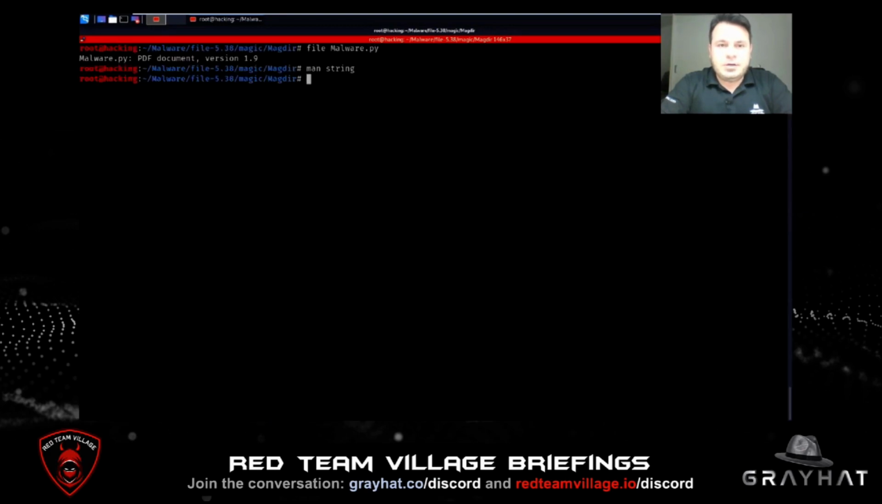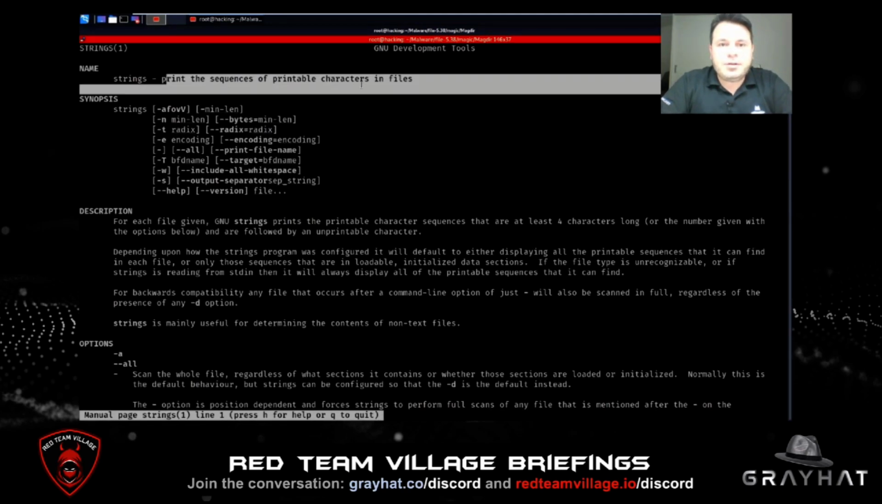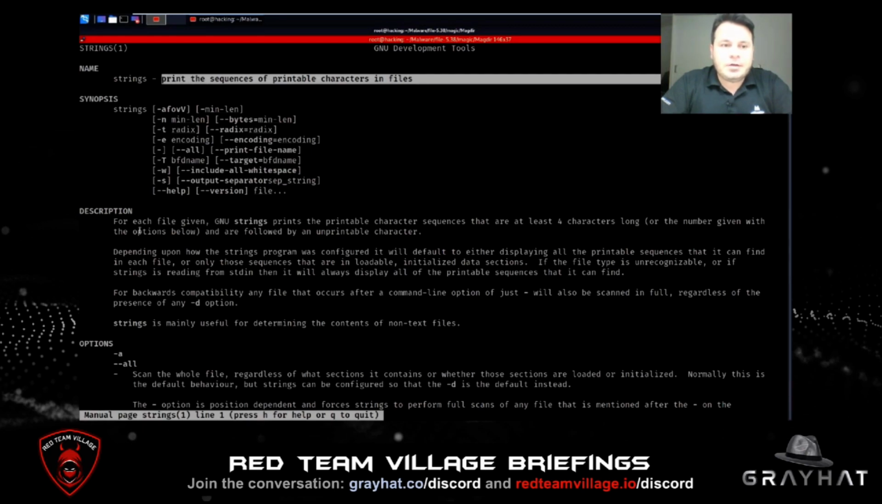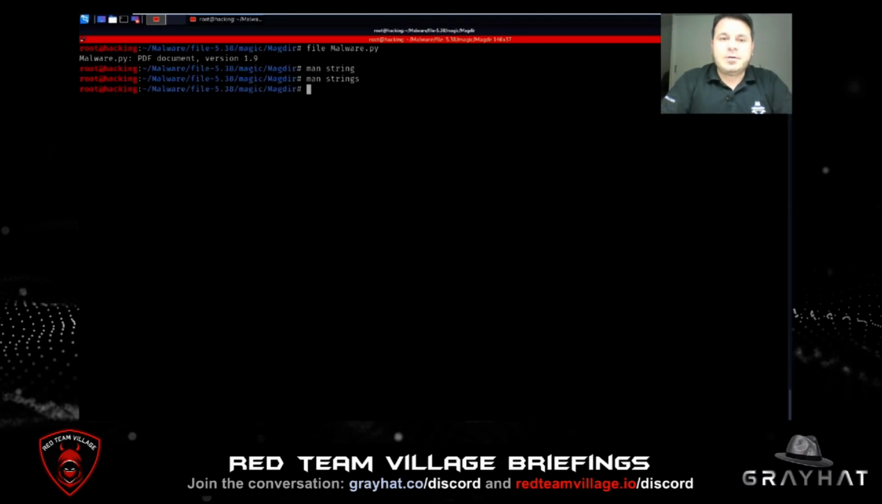So let me check here. The strings command prints the sequences of printable characters in files, right? Here's the simple key that many people never think about, because the description says, for example, for each file given, strings prints the printable character sequences that are at least 4 characters long. Because of this, when you execute it,